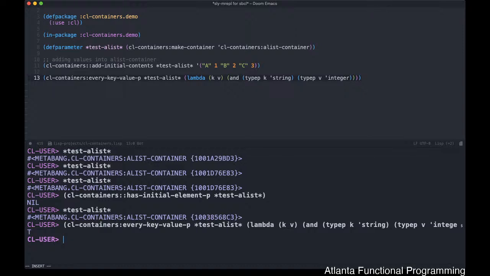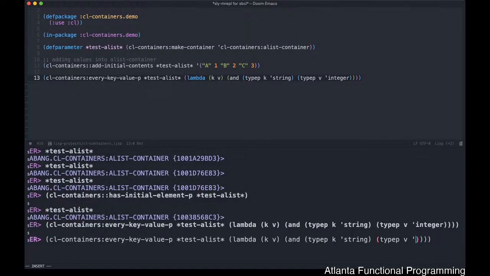So you can see here what we're doing is you can use this for runtime type checking, just to make sure that the key value pairs in your associative list are all of the same key and value type, and you could throw errors if not. So like if you say that this is, for example, a single float,